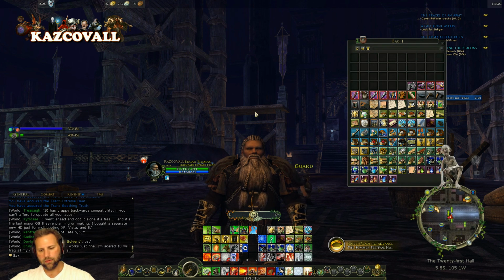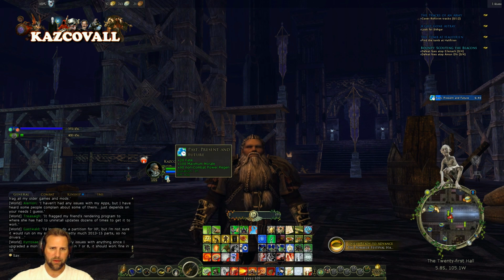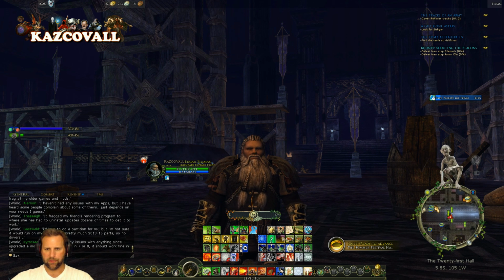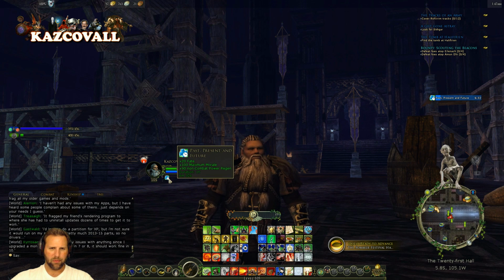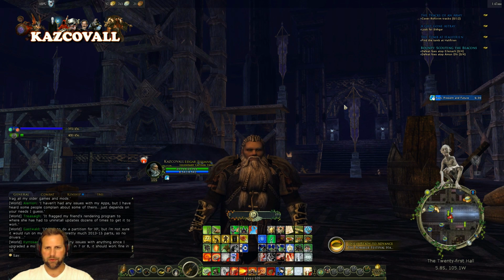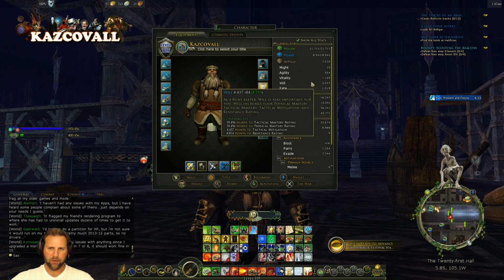Okay. Currently, right now, I am completely non-buffed. All I have is this. I have my past, present, and future, which is this guy right here, which gives me a little bit of fate and max morale and combat power regen. Okay, so this is what my current buff is. Alright, so what you want to have